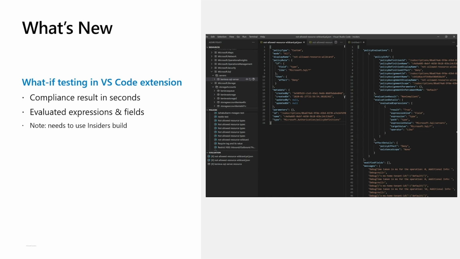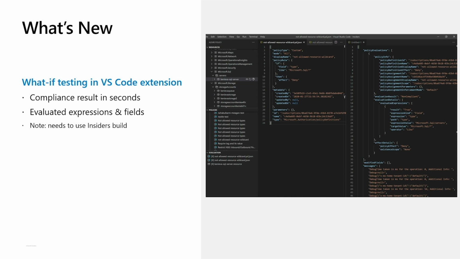Now, policy lifecycle is another major area of improvement that we have been focusing on in the last couple of semesters. One of the ways in which we help you make the task of authoring a policy easier is the release of our VS Code extension for policy. This makes the task of authoring a policy much simpler by allowing you to examine things like the properties of a resource in its JSON format, and also to immediately look up the resource alias that you need to reference in the policy definition, all inside a single experience.